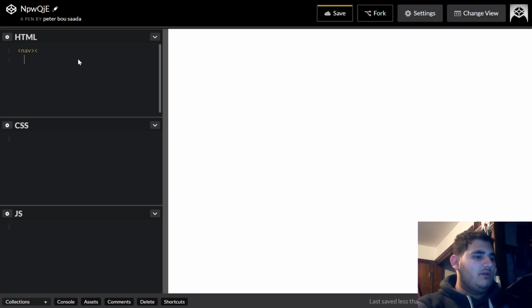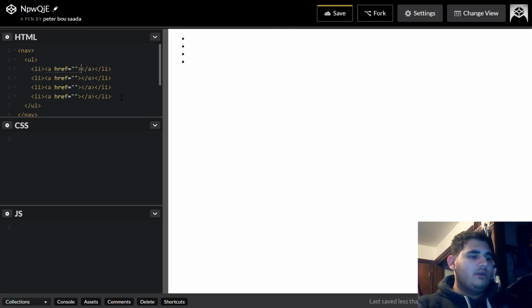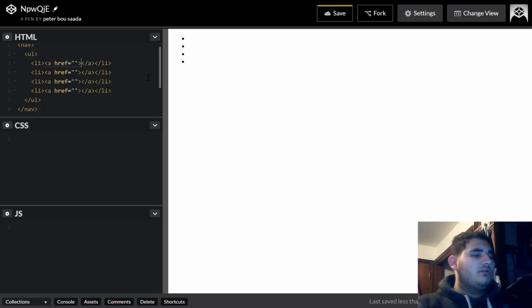Let's start by doing the nav element. Let me just close that real quick and save it so it automatically closes our tags. Let's do a UL with 4 li in it, and I want a direct child A in each. So this is, by the way, called Emmet. It's just you enter what you want and you press tab and it does the markup for you. Let's do here home, about,